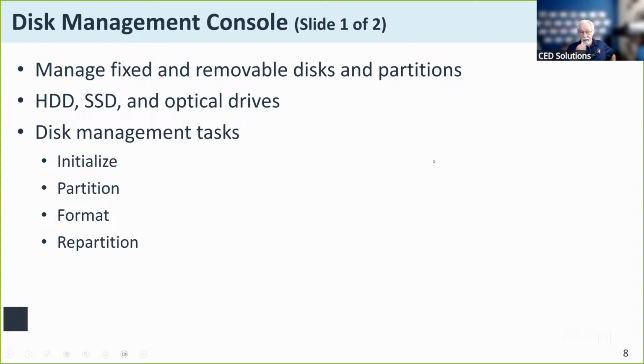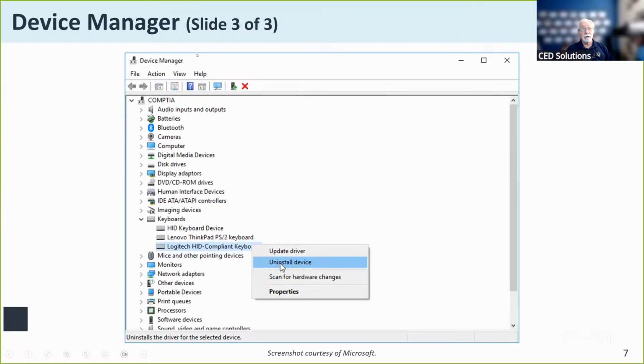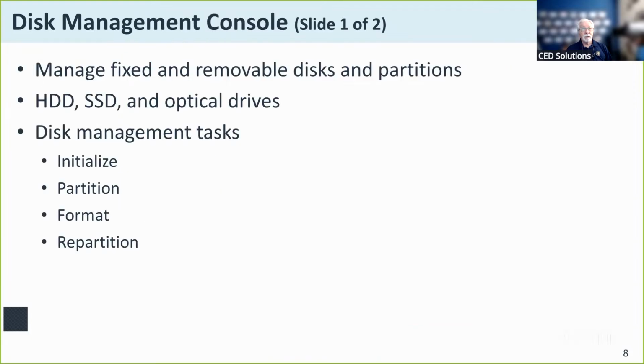Same thing with the disk manager. Going back here, the device manager, the MMC to pull this guy up is DEVMGMT. So it will bring this up for me, and that's just a command executable. Same thing with the disk manager, DISKMGMT. It will allow me to partition disk, initialize disk, basically reformat the disk,